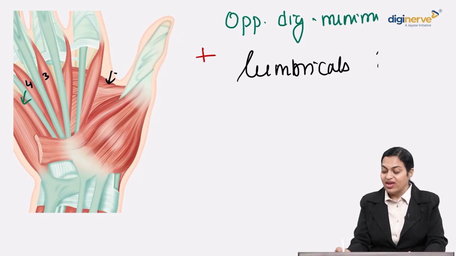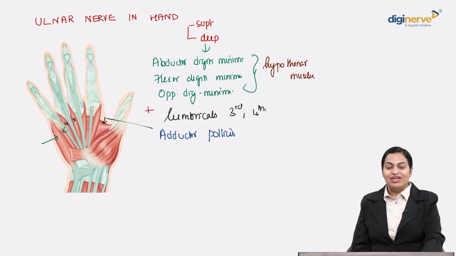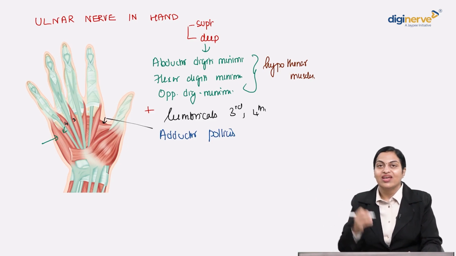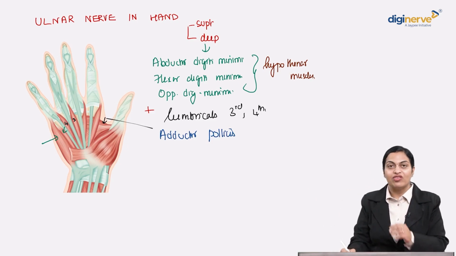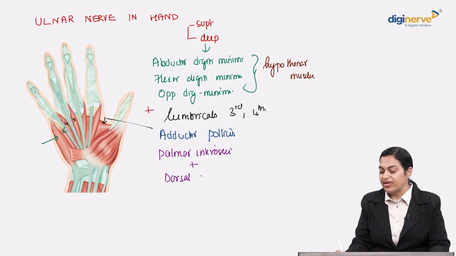What is it? Adductor pollicis, the one that the question was framed on, right? Adductor pollicis. Apart from that, interestingly, yes, the ulnar nerve supplies all the interossei in the hand, the palmar interossei and the dorsal interossei,